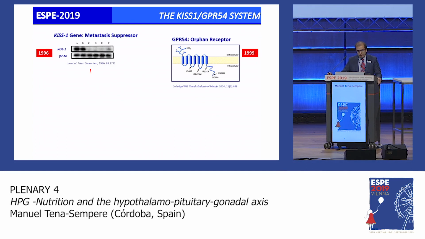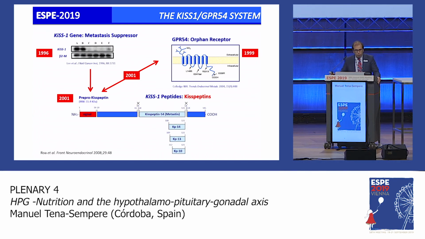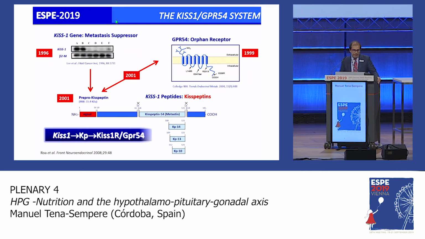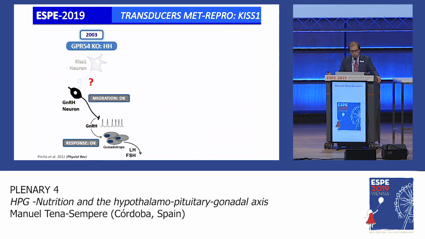I show you here the elements of this system in which the gene is called KISS1, and is encoding a family of proteins called kisspeptins that are acting through the GPR54 receptor, also known as KISS1R. And actually, this KISS1 system was initially related with basically tumor control, but it was in late 2003 when seminal